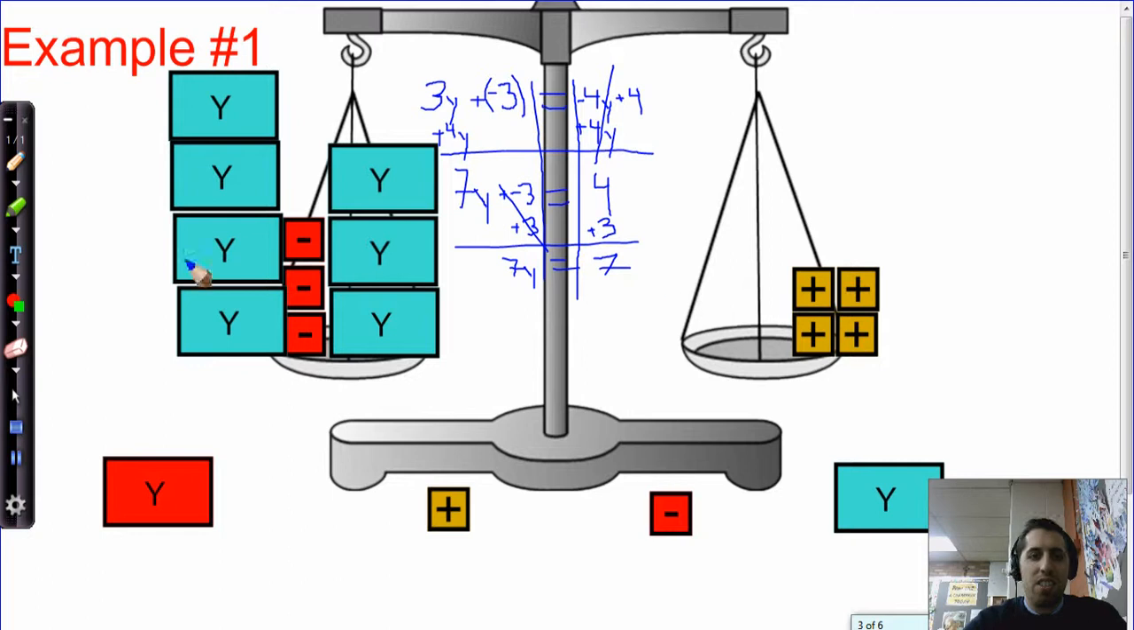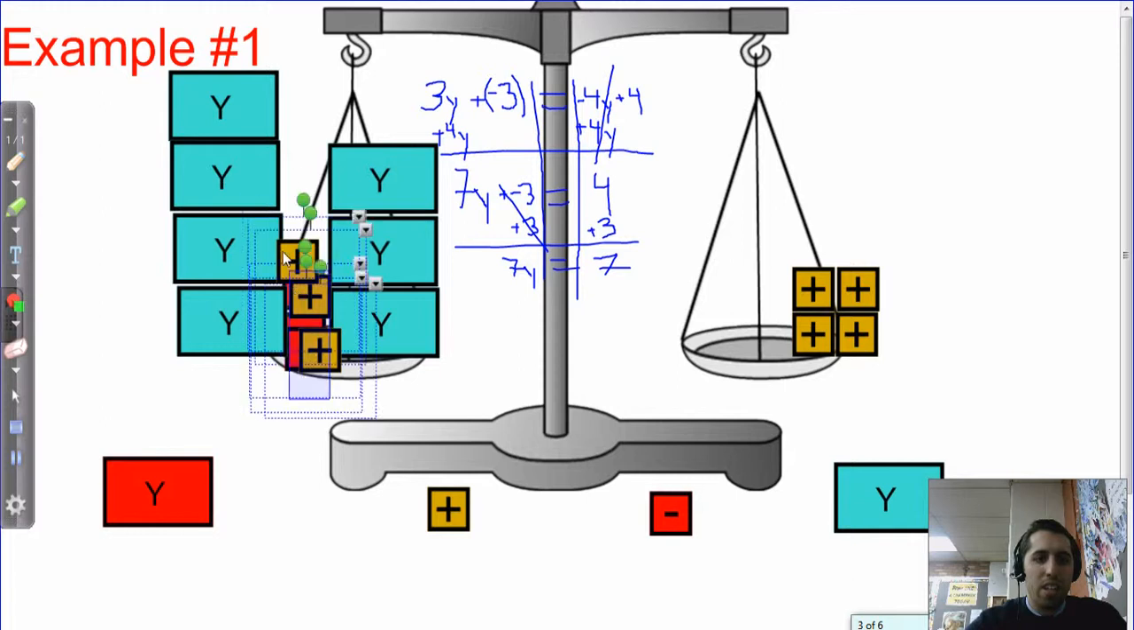Well, I know that if 7 of these y boxes are equal to 7 after I cancel out these three guys by adding 3 positives. So I added those 3 positives and they canceled out. If I know that